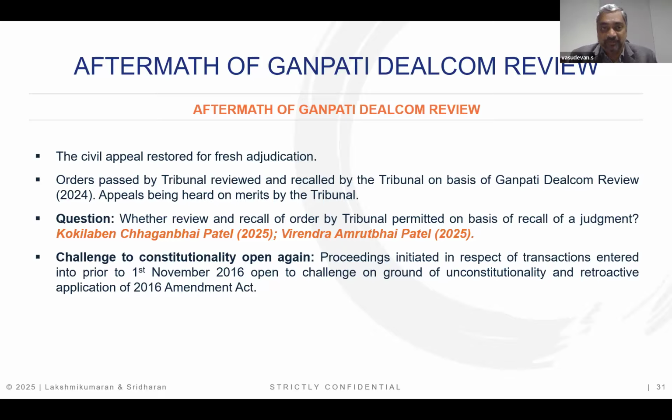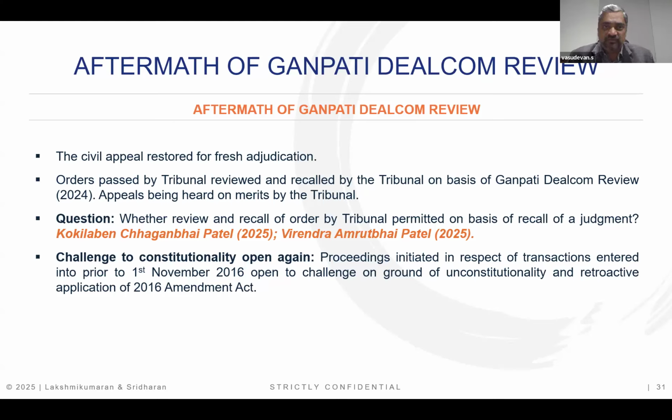judgment of Ganpati Dealcom, they even said that is per incurium. They said that is not correct. So effectively, the Supreme Court itself said that the observation made by the Supreme Court in the earlier case was incorrect. And then they said now whatever appeals have been disposed of cannot be restored. So today we are in a situation where hundreds of appeals relating to Benami matter are pending in different